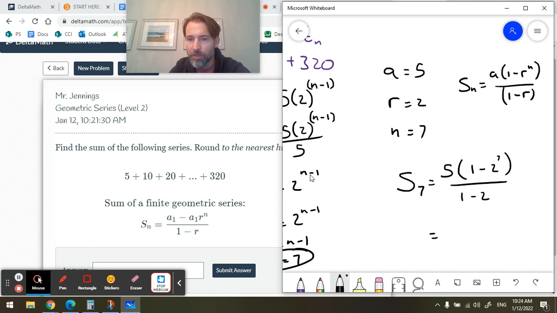S of 7 is equal to 5 times 1 minus 2 to the 7. Well, 2 to the 7 is 2 times 64 is 128. So this is 5 times 127 all over negative 1. Oh, sorry, this is negative 127. See, I made a mistake. 1 minus 128, not 128 minus 1. So this is minus 127, and the negatives will cancel. So 5 times 127